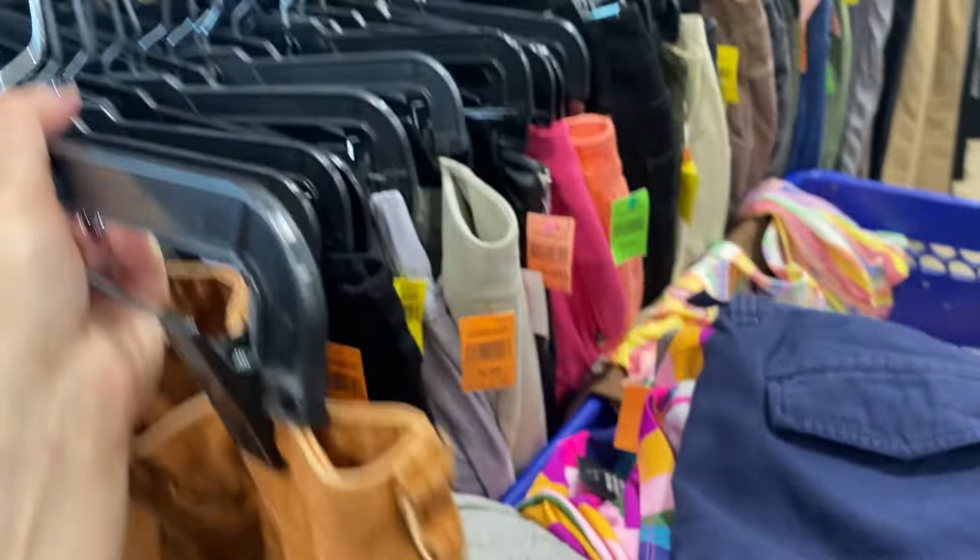I did find these BDG jeans. They were slim straight. I don't really sell BDG anymore, very select styles of jeans, and these aren't one of them, so I was considering them for Crossroads and Buffalo Exchange, but they are also relatively picky on their BDG, so I just left them. Now I'm going through the pants like I should be. This day I was not very organized. I was kind of scatterbrained, and so I was shopping like I was scatterbrained,